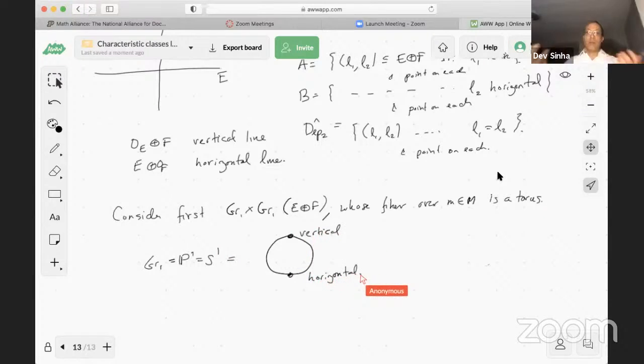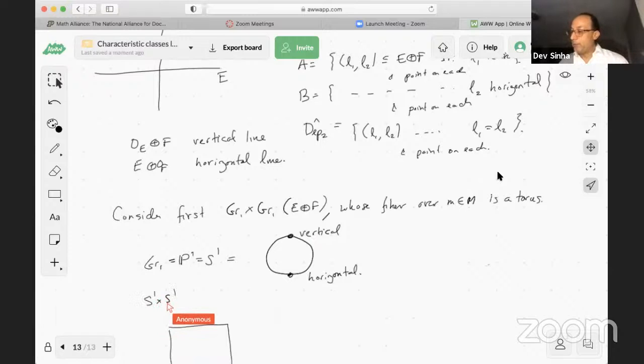In P1, it works like that. I mean, P1 is double covered. So instead of being at sort of 90 degrees, these are 180 from each other. So in that case, the torus, S1 cross S1,